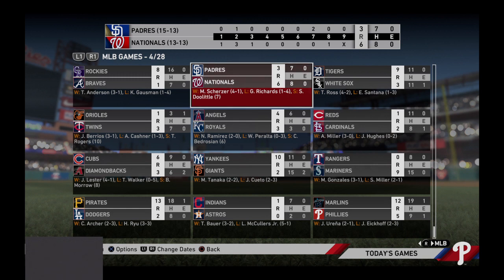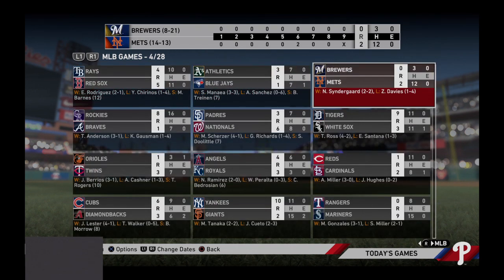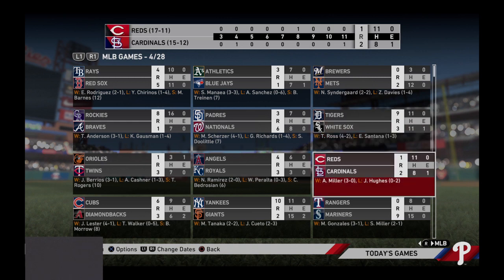The New York Mets knocked out 12 hits as a team as they got the best of the Brewers at home 2-0. At the start of the day, the Mets sit in third place in the National League East Division, and the Brewers sit in last place in the National League Central Division. Andrew Miller earned the third W of his season, helping lead the Cards past Cincinnati 2-1. Entering the day's action, the Cardinals are in third place in the NL Central, and the Reds are second in the division. Javier Baez had 3 hits in the game, driving in 3, as the Cubbies got the best of